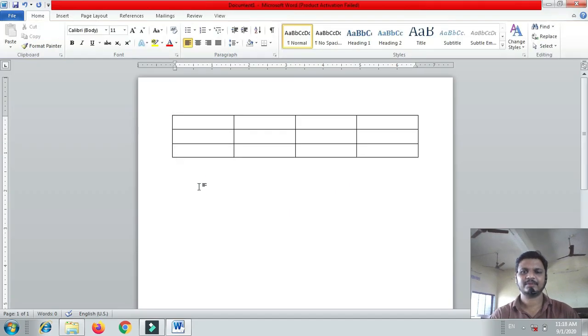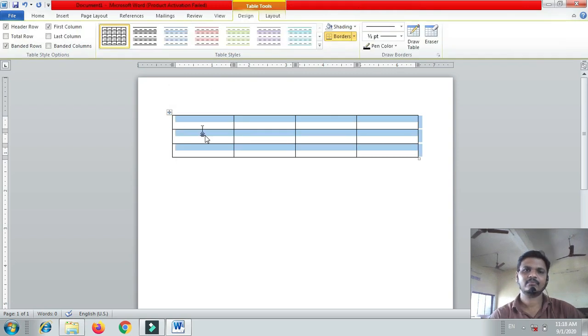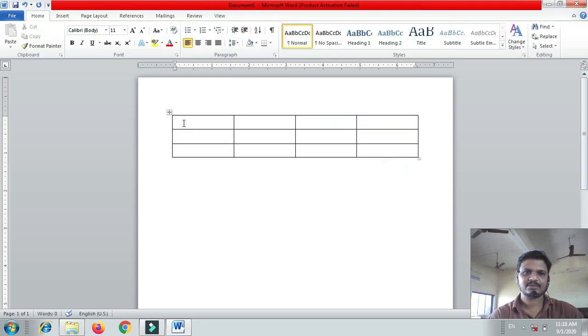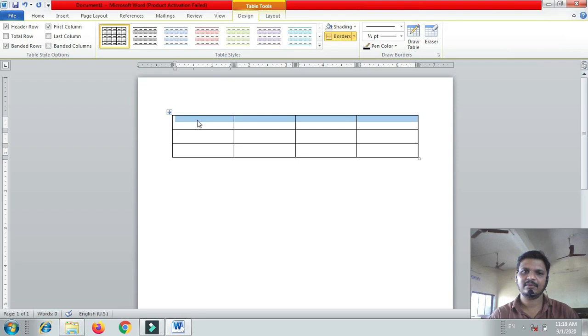So this is one table. In that table there are three rows. This is the first row, this is the second, and this is the third row. So there are three rows.